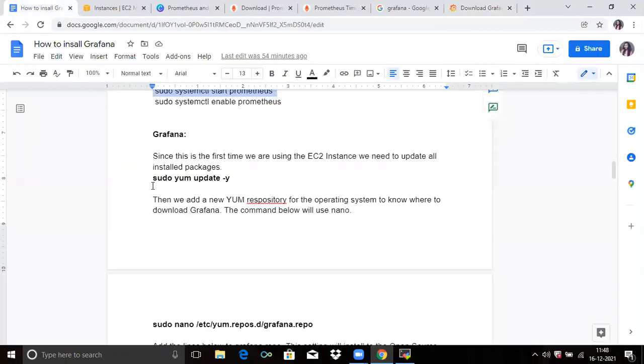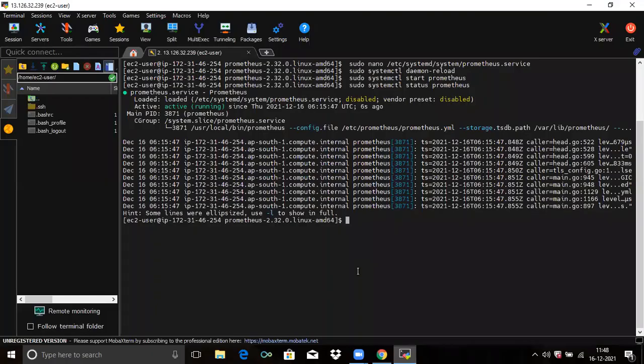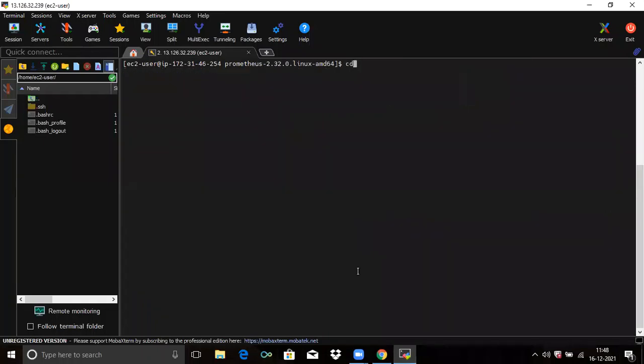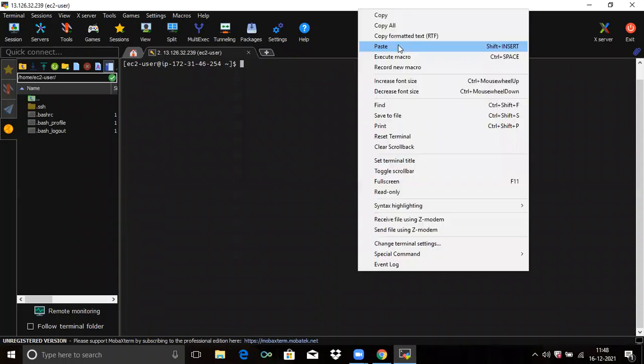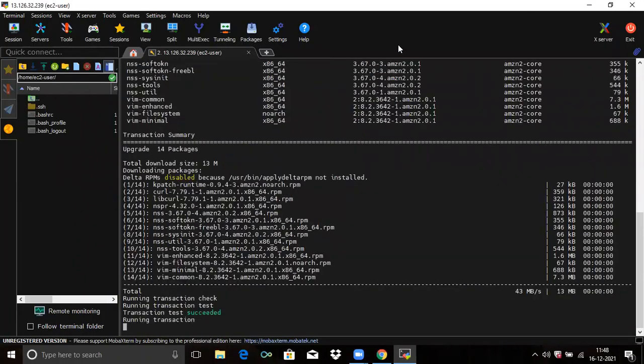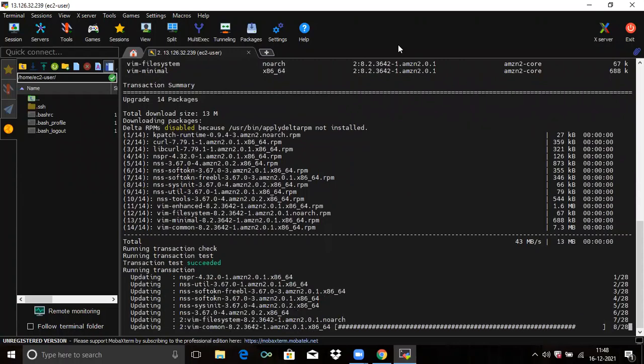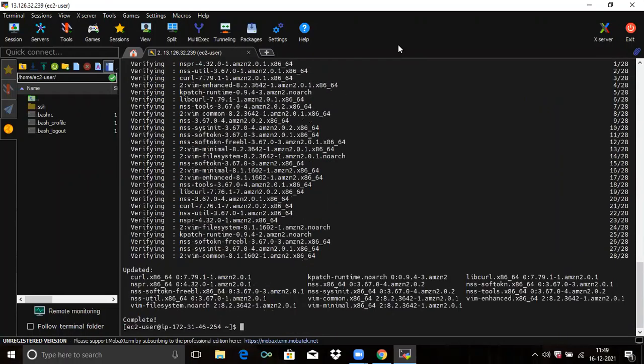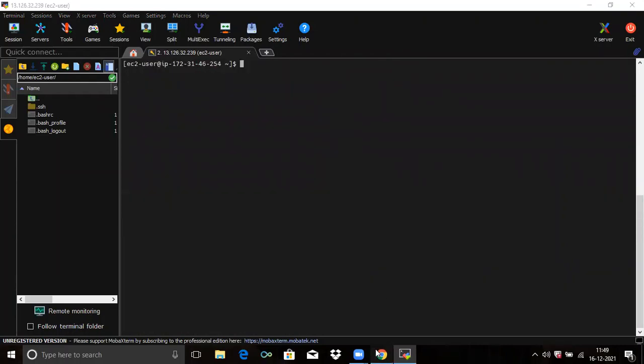So for now, firstly we need to update our system package. So run this command. Firstly clear the screen. And now we are going to update our system package. Done. So clear the screen first. And now the next step is,